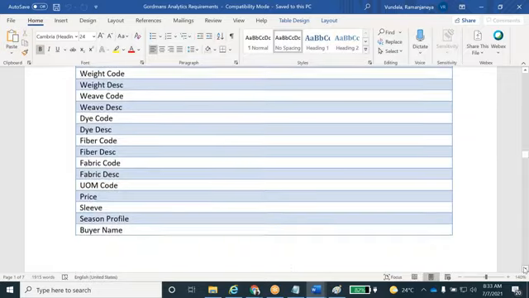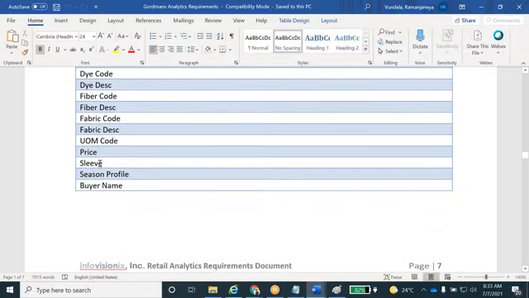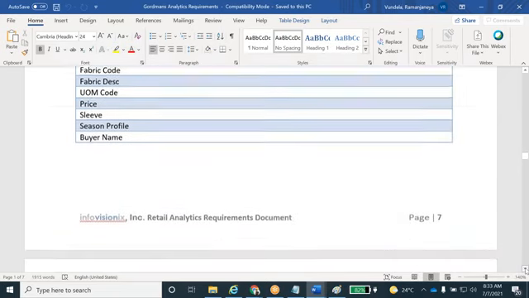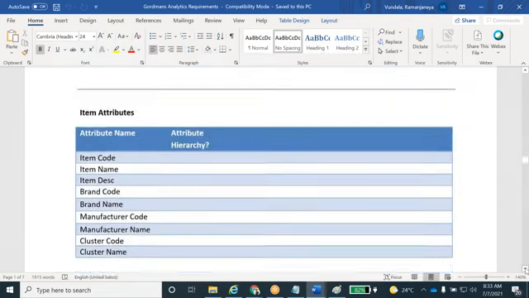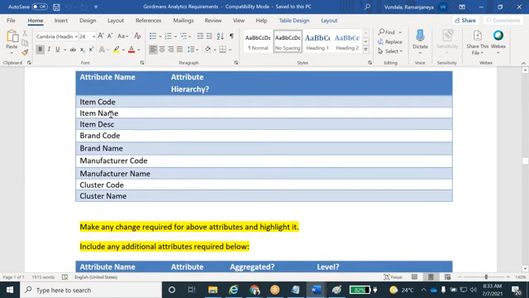See how it will be in real time. Buyer name, season profile, sleeve, price, everything will be there like this. So item code, item name, item description, brand code, brand name, manufacturer code, manufacturer name, cluster code, cluster name. All the related information they split into multiple tables.